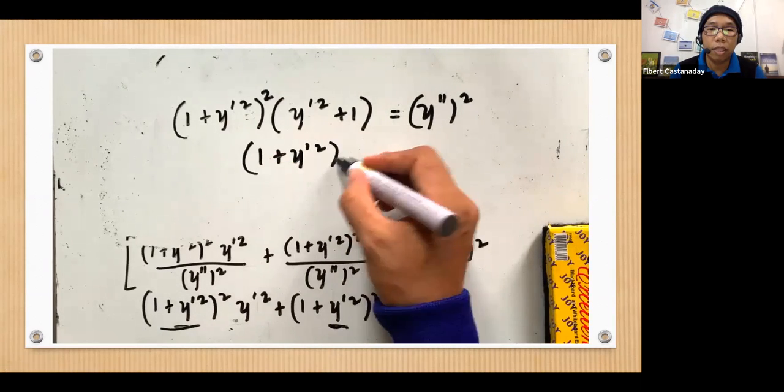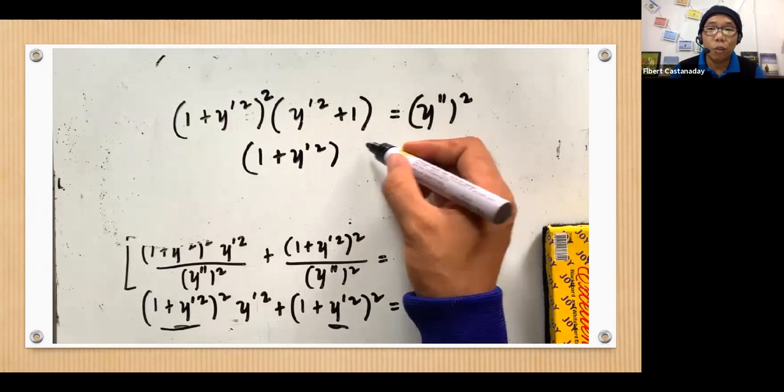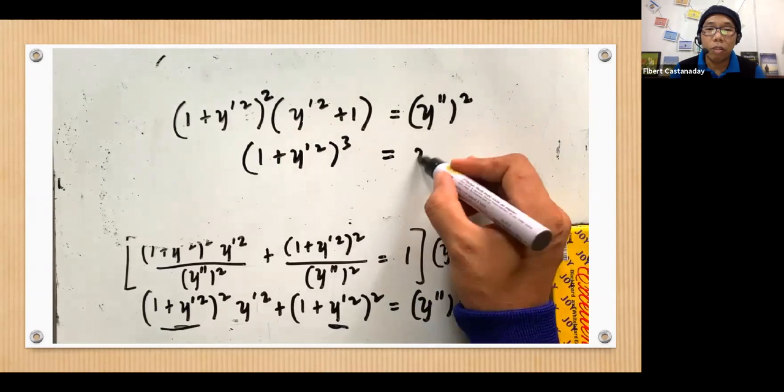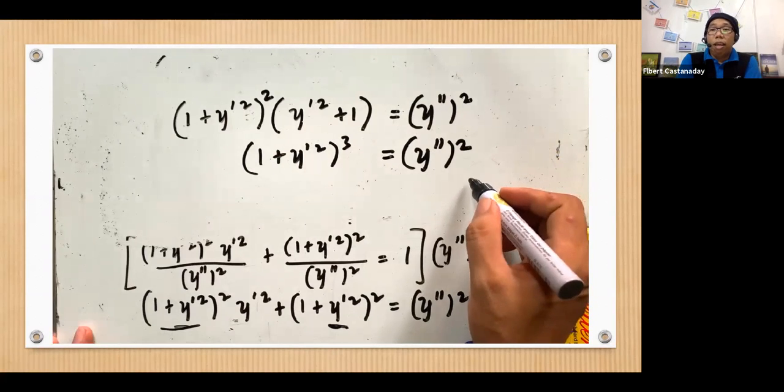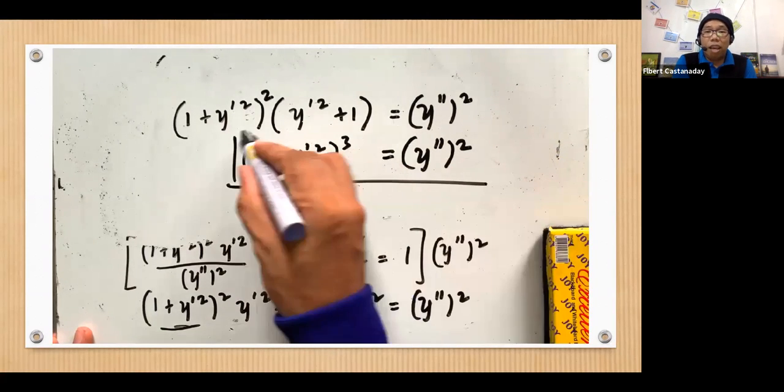Yan, law of exponents lang. The exponents will be added. So 2 plus 1 is 3. Equal to the right-hand side, the (y'')^2. Ayan na. So we were able to simplify